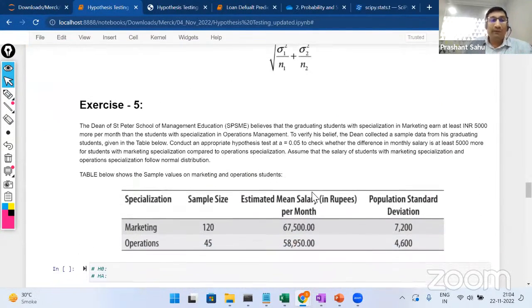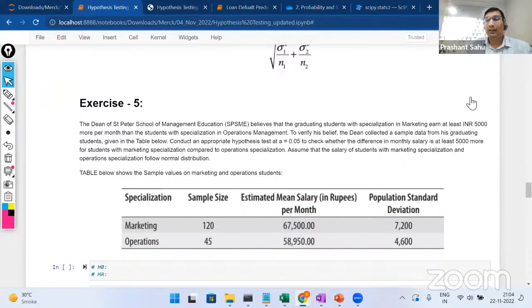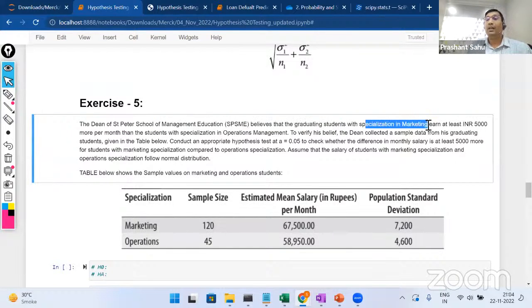Fine. Perfect. So I've given a scenario here. Let's quickly take that. So the dean of some management school is believing that the graduating students with a specialization in marketing are earning at least 500 rupees more per month than the students with the specialization in operations management. Now, to verify his belief, the dean collected the sample data from the graduating students, which are mentioned in the table below. Conduct a hypothesis test with alpha of 0.05 to check whether the difference is at least more than 500 for marketing specialization compared to the operations. So this difference of 500 has to be statistically significant. And that is what we are trying to